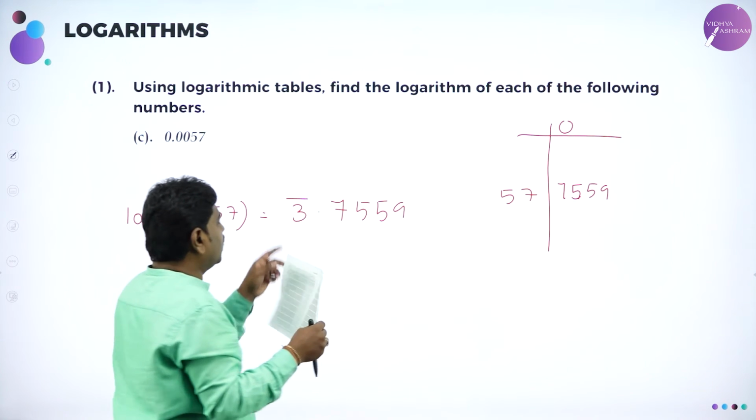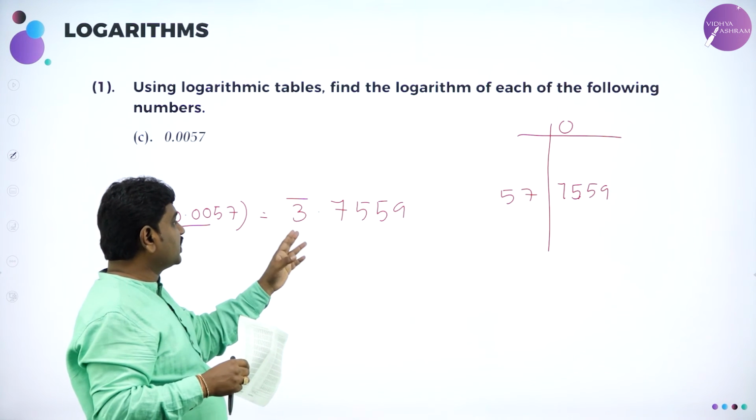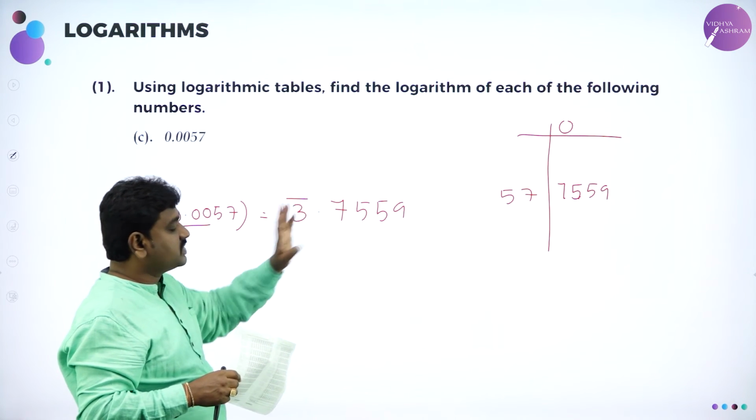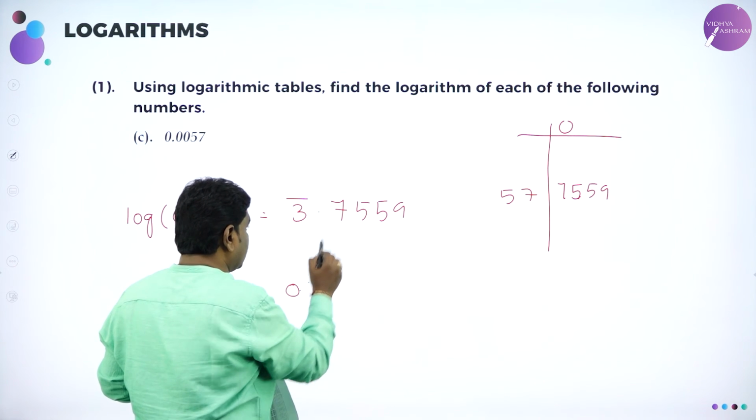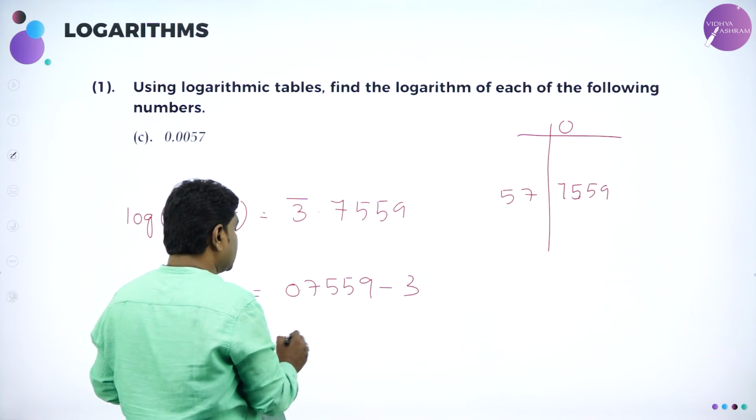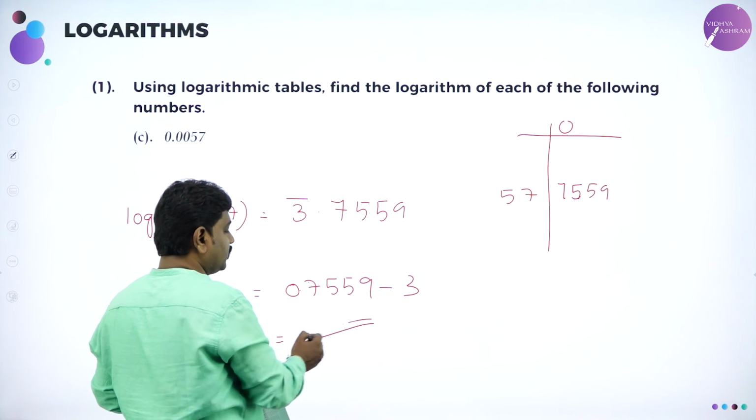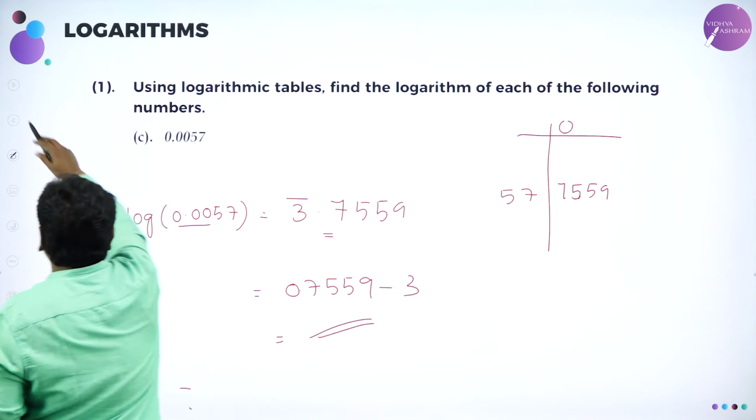In your textbook, they forgot to write the bar 3. The print error is given in the answers. Bar 3 means minus 3 plus this. So I'll take this after the decimal, 0.7559 minus 3, and you should do it. Then you will get the answer in negatives. Or if you leave it like this, fine. Next we have